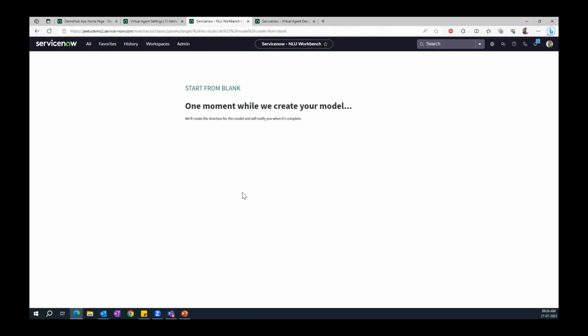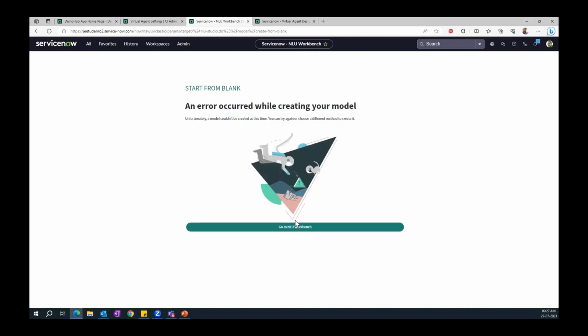I think the system is creating the model for us. Once it is created, it will notify us. This model is going to be a blank model because we have not created it by copying some models or importing data. Here we go. Oops.